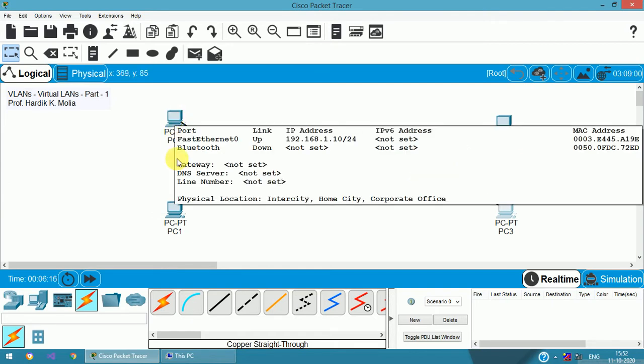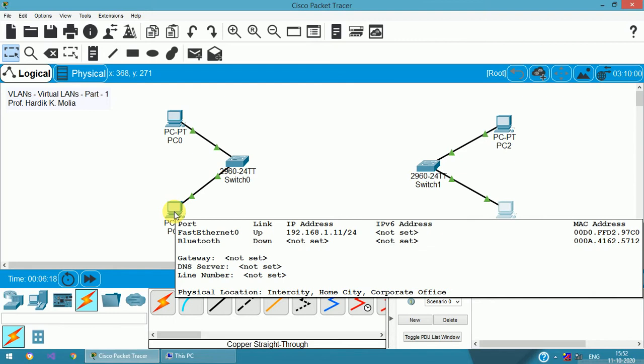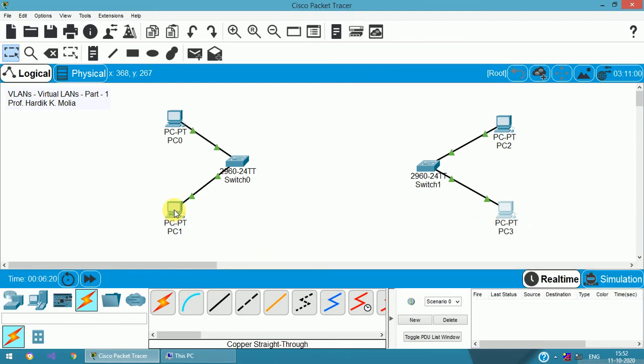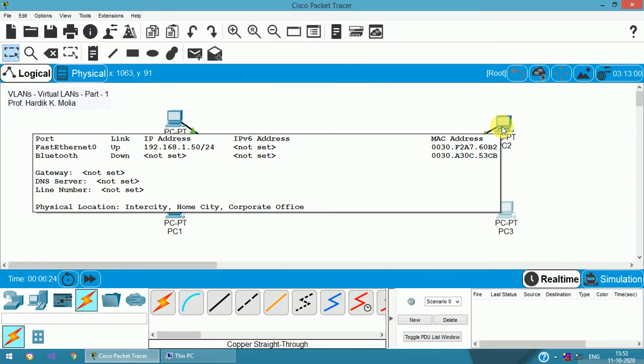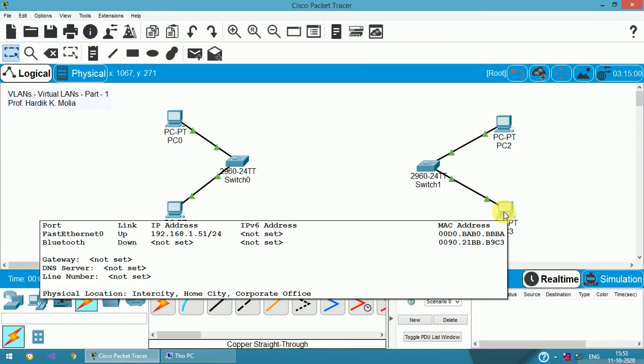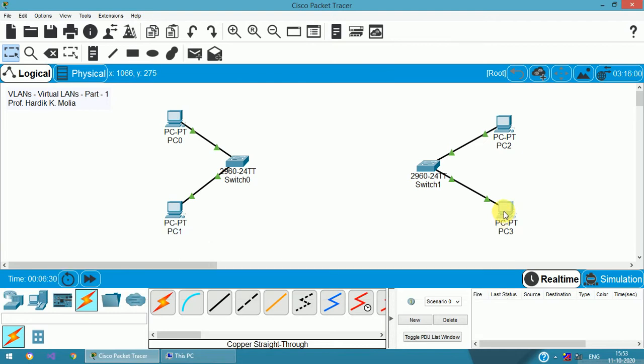So here you can see IP address of PC0 is 192.168.1.10. IP address of PC1 is 192.168.1.11. IP address of PC2 is 192.168.1.50, and IP address of PC3 is 192.168.1.51. So now we have two switches,